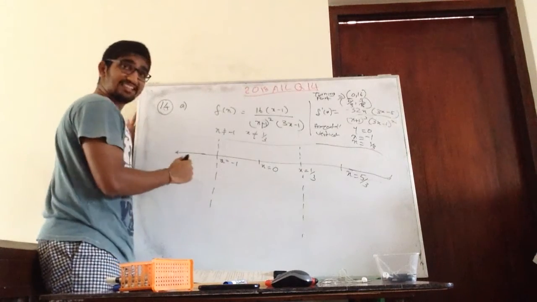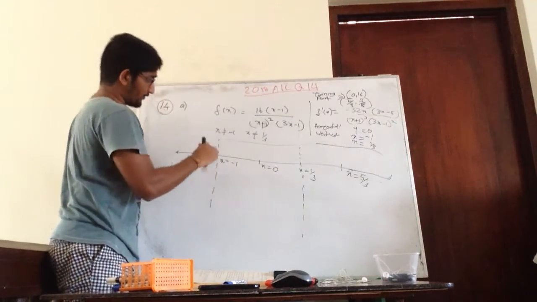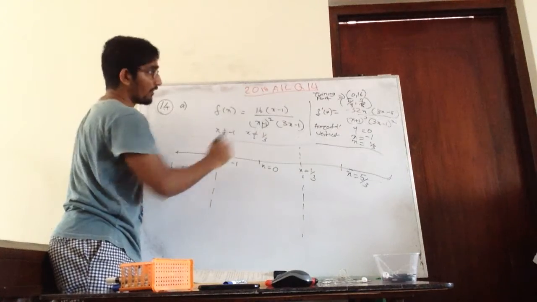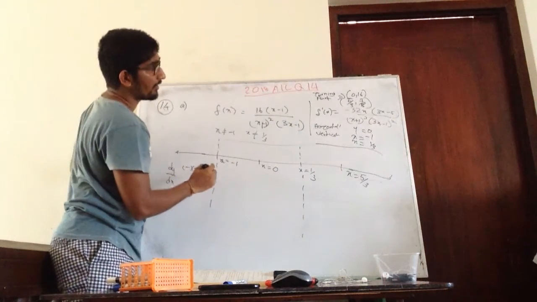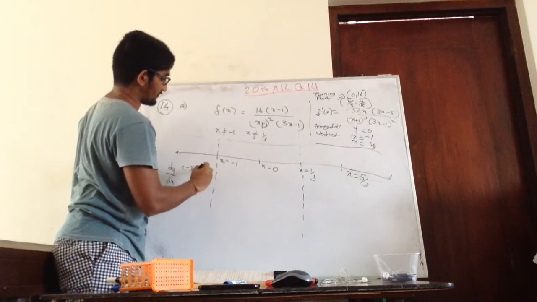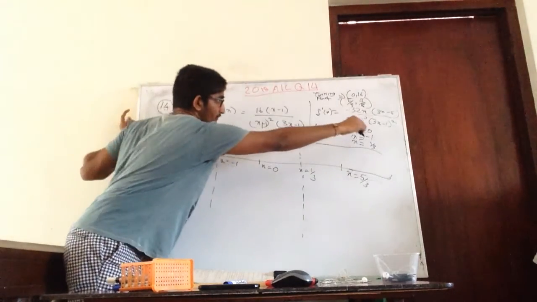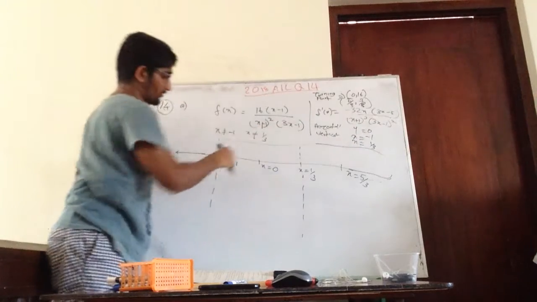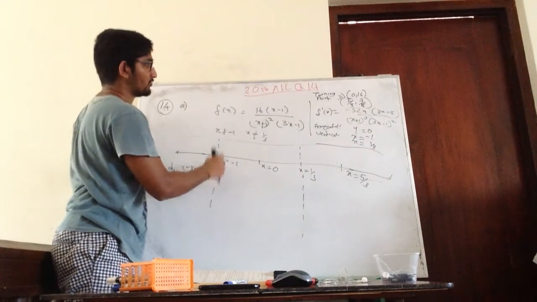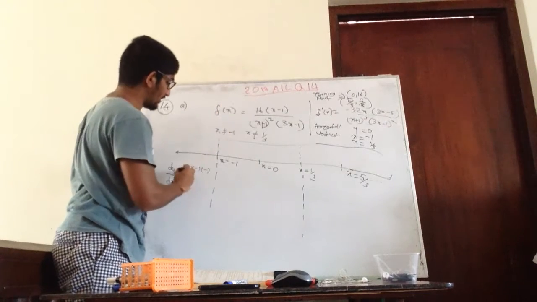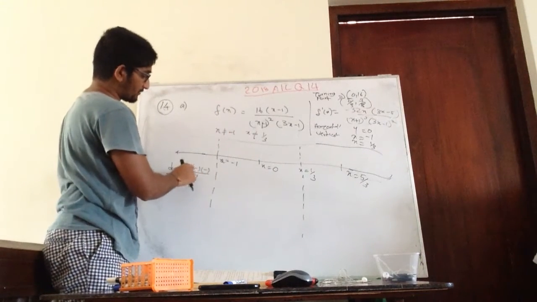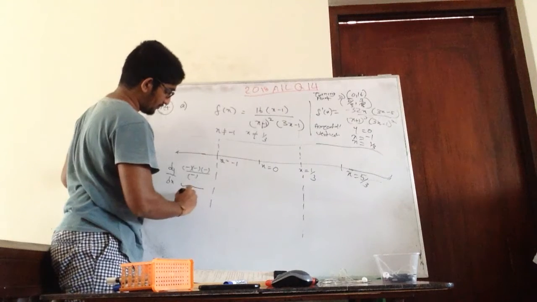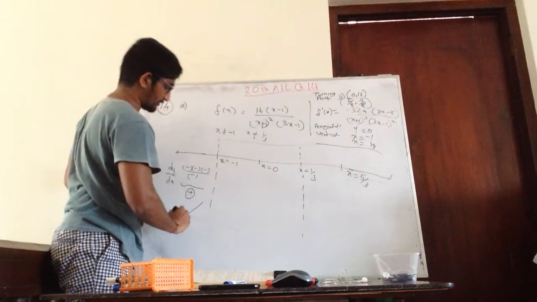Now let's put something which is less than -1. If I put something like -2 here, this minus is anyway there, then x will be minus, then 3x minus 5 also will be minus. Then what's below? We don't even need to consider this 3x minus 1 squared, because that is anyway positive. So -2 plus 1 to the power of 3 is going to be minus. So this minus is going to be plus, plus into minus is going to be minus, minus divided by minus is going to be positive. So this will go like this.